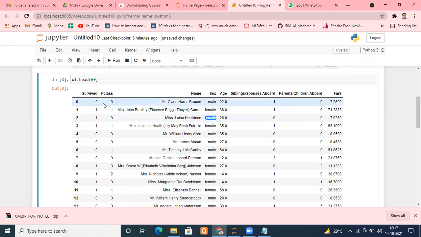Or for example, in the passenger class, we have 3 values only, 3, 1, and 2. I want to make some conclusion based on passenger class 3 or class 2 or class 1. So what I am saying is group by. You have to tell it which column you want to group by, according to which column you want to group your data set. Now, is it clear what the objective is? If that is clear, please tell me.